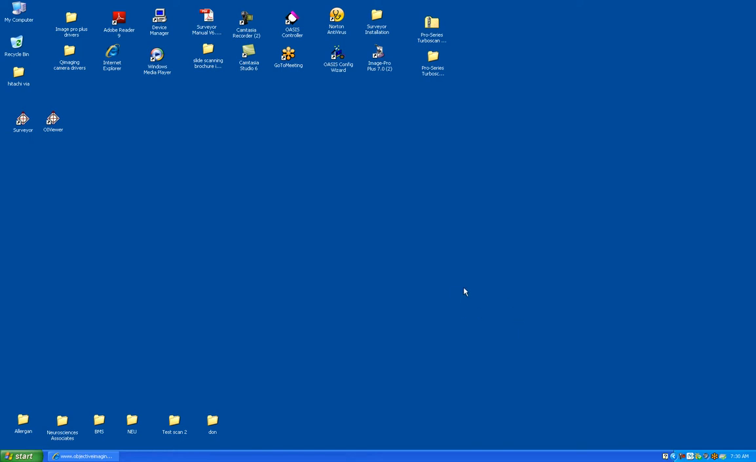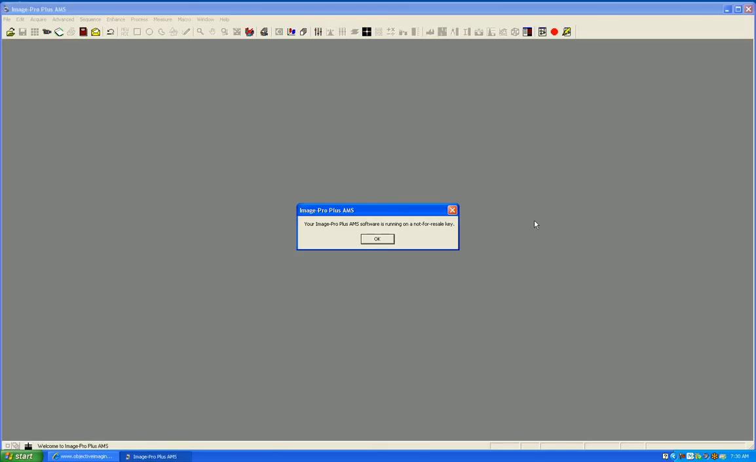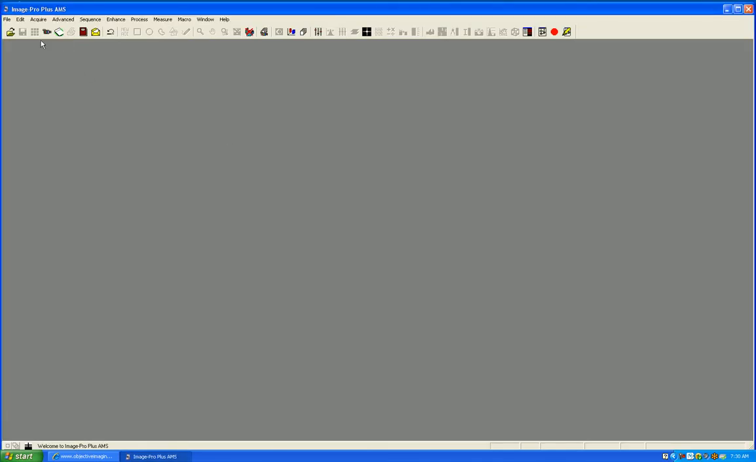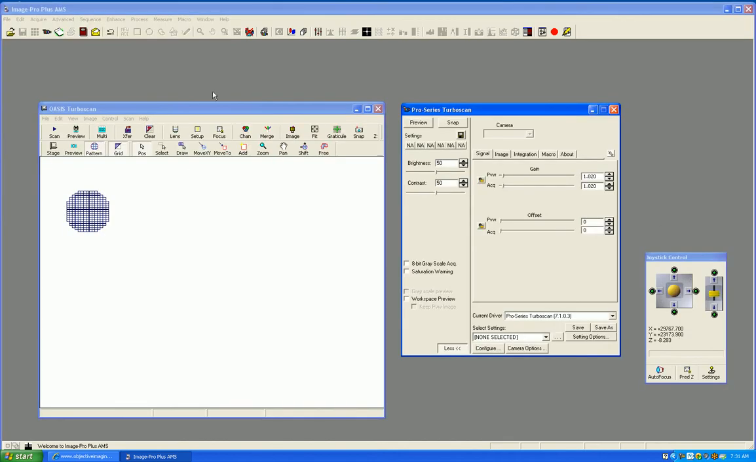The following video is designed to show you how to open up SWS files in Image Pro Plus. If you click on Image Pro Plus and you've loaded the Pro Turbo Viewer, you click on your camera and you'll come up with the Turbo Scan. This is acquired if you go to